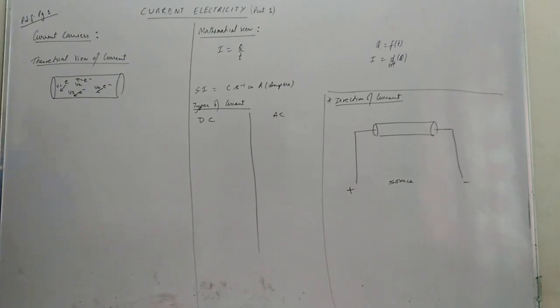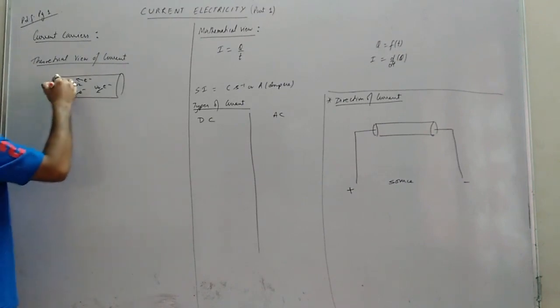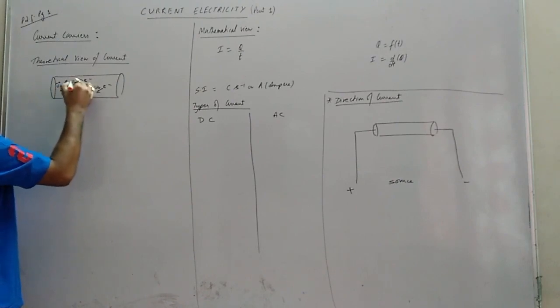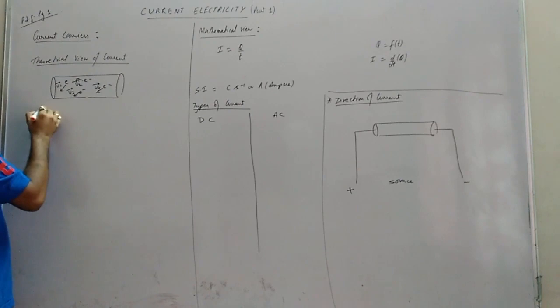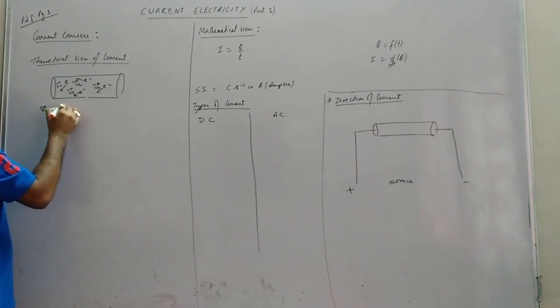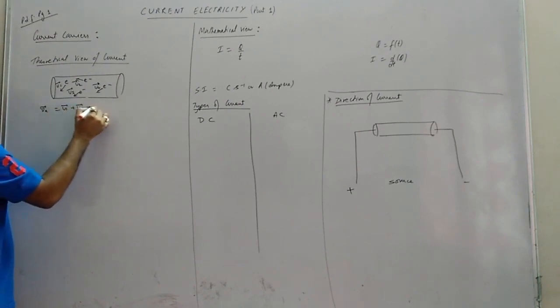The reason is that the electrons are flowing randomly in all directions, such that if I take the average velocity of all of them, for example, let's take them as vectors. Why vectors? Because they are in different directions. So what is the average? The average will be U1 vector plus U2 vector, and so on up to Un vector.